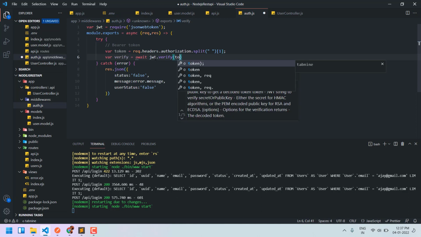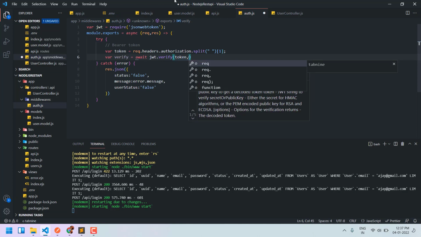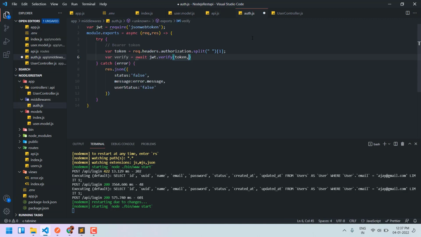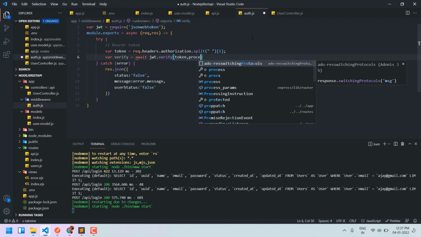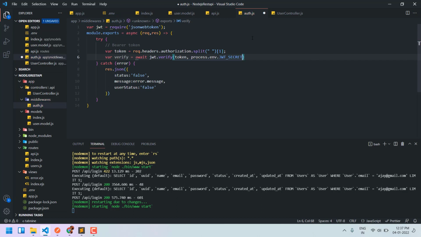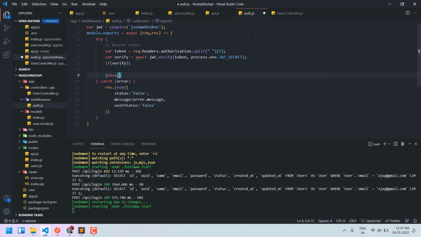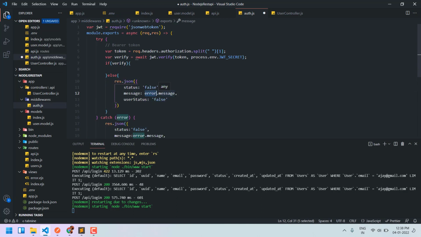We need to pass the token and also the secret, process.env.JWT_SECRET. If it is verified, it will return true. If verified, then this, else we can copy it from here and change the message to